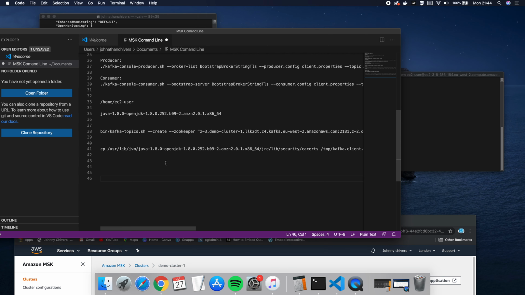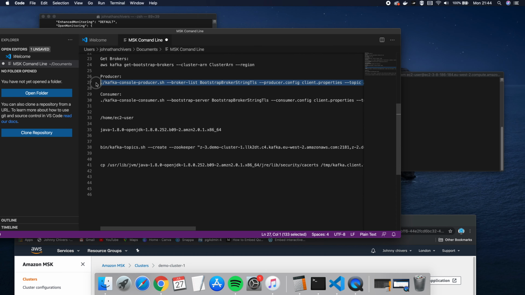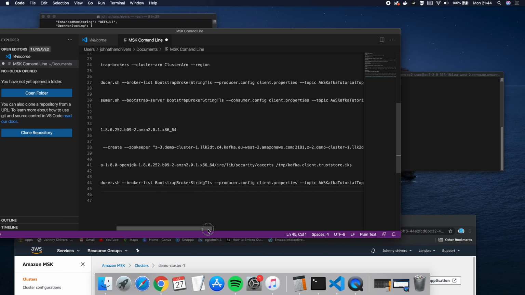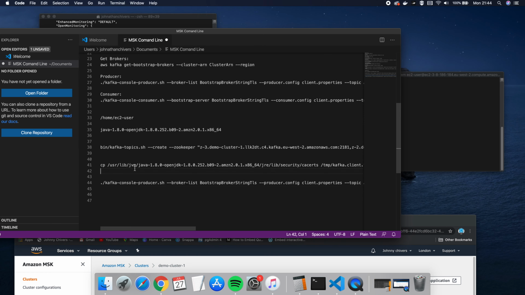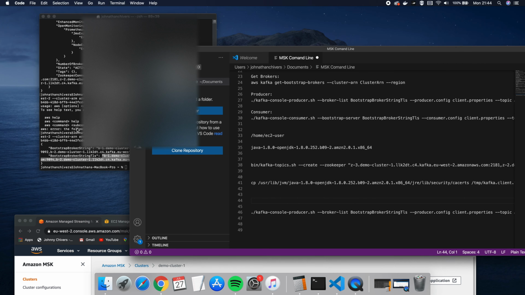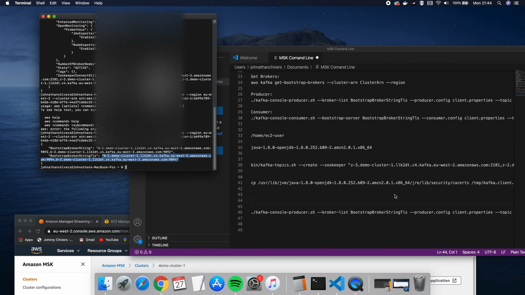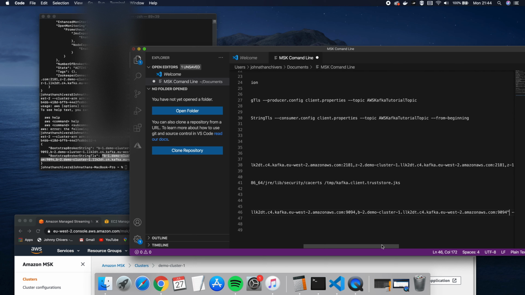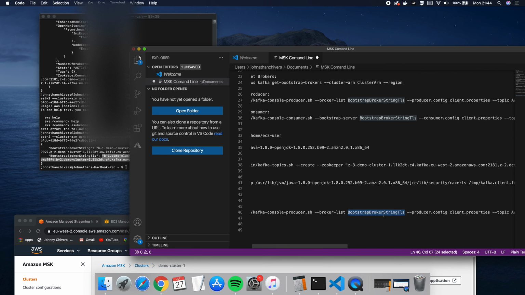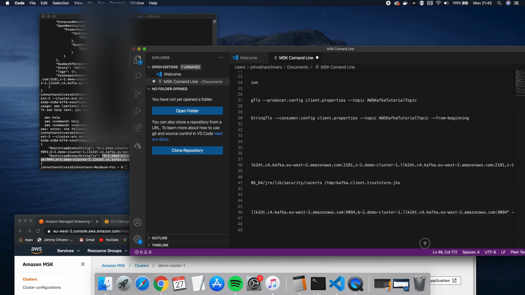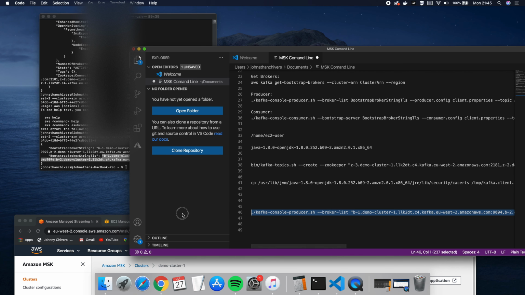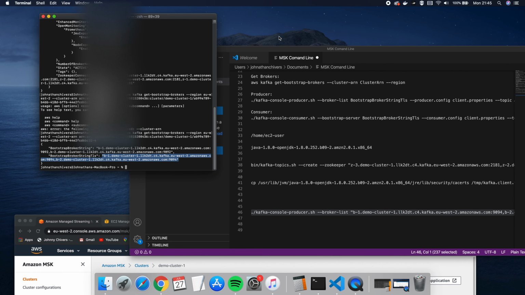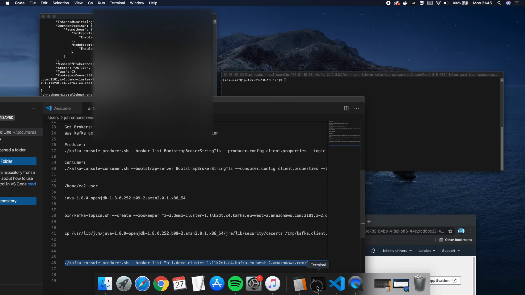Okay, back on the text pad, then what we need to do is grab this producer. Make sure you get it all, including that dot. And then using the TLS that we just copied and pasted in from here, replace the bootstrap broker TLS there. So as you can see, this bootstrap, it's expecting the TLS string, so just replace it. That's all I'm doing, cutting that out, copying it in, copying this full command back into the SSH session one,